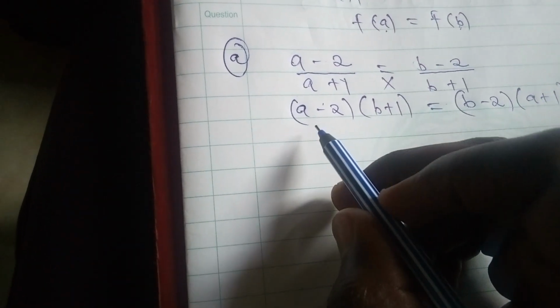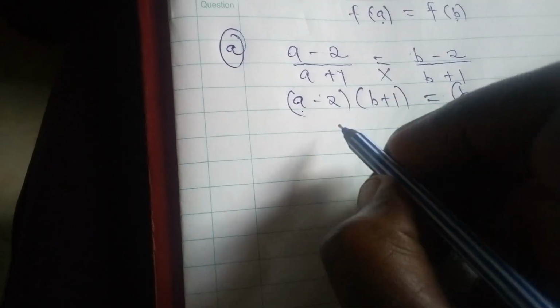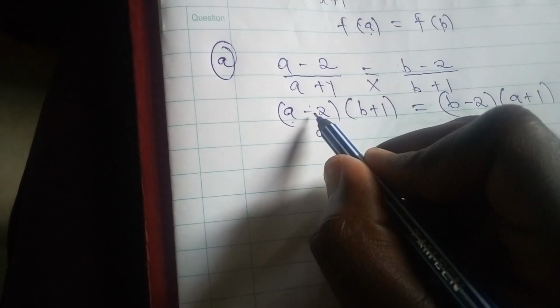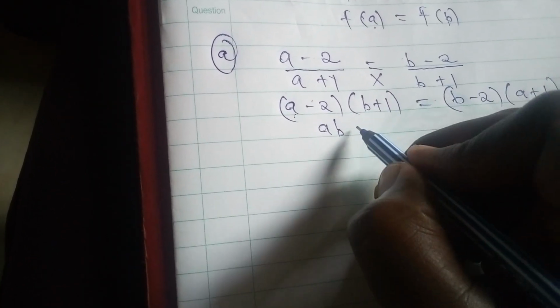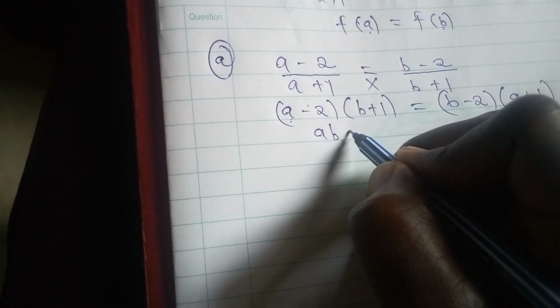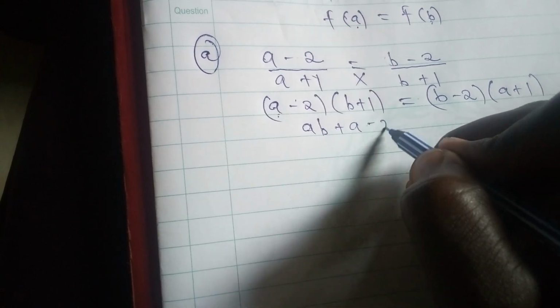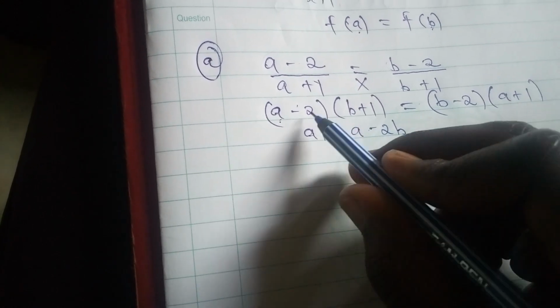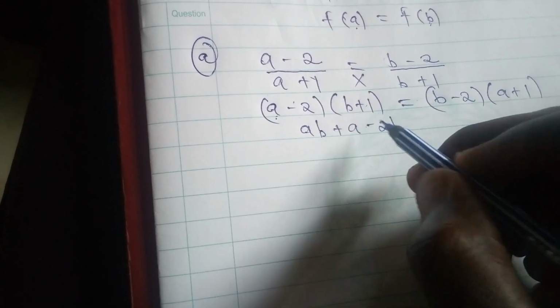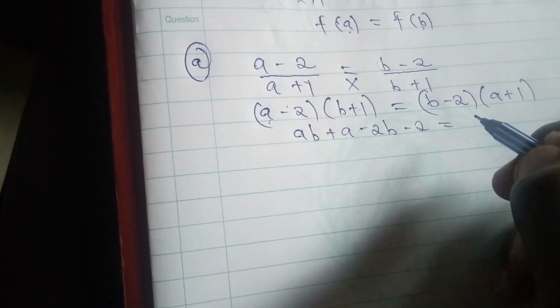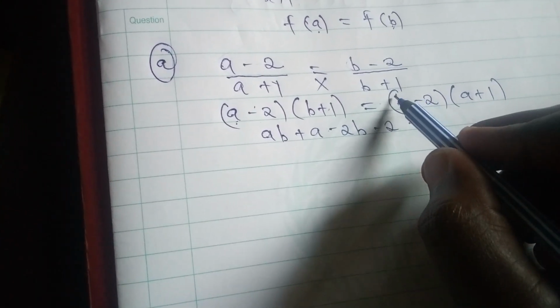So when you multiply, a times b, that is ab. a times 1, that is positive a. Negative 2 times b, that is negative 2b, and then negative 2 times positive 1, that is negative 2, is equal to